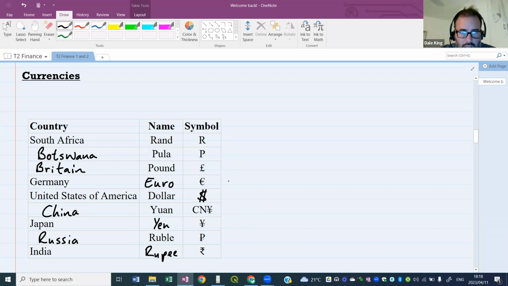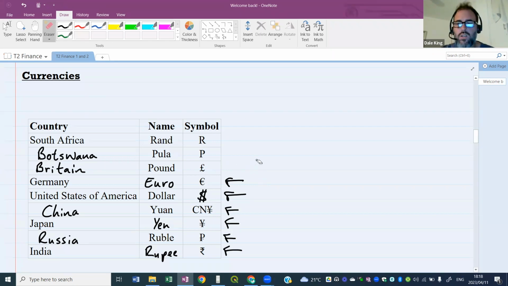Interestingly, though, if you look at the euro, I'm sure the dollar has those two lines as well. All of these here, their symbol has two little lines going through them. I don't know if you can see that, but each of these currencies has two little lines. I know the pound only has one, but all the rest have got two little lines going through that letter. Very, very interesting. Okay.